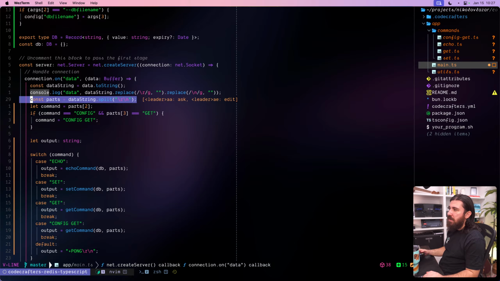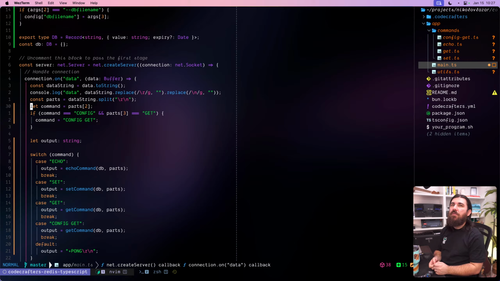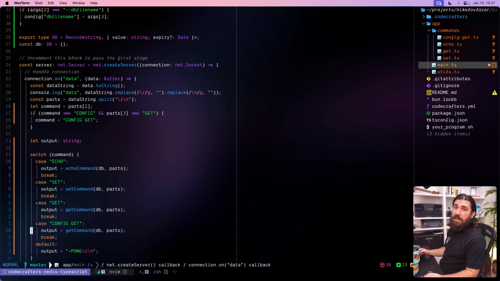For example, we have the parts. In order to get the command part, we should look for the first index of either of these. And once we get that, we can split, we can get the command